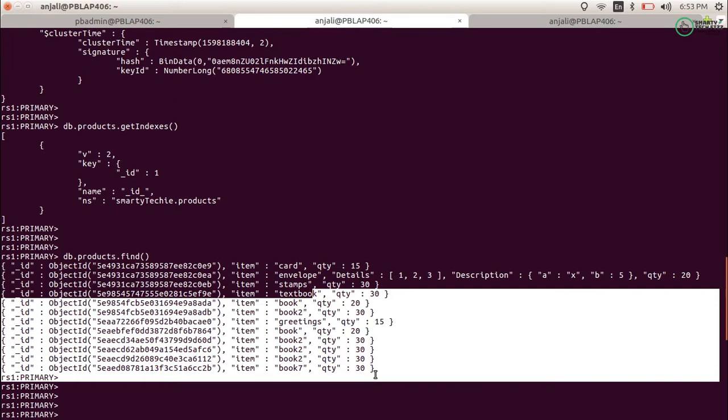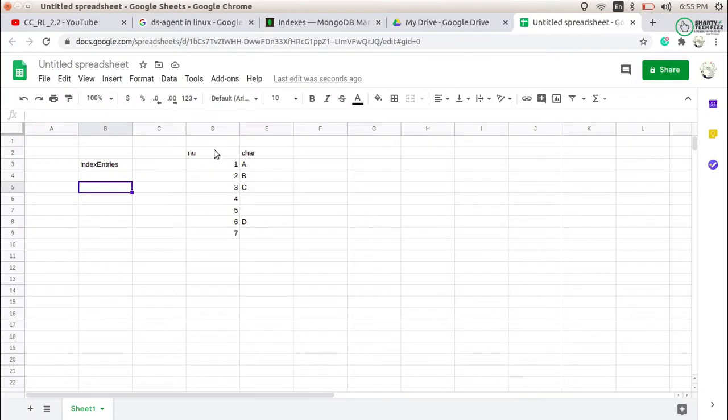So what actually happened? Let's say we have documents like num and char. We have the num entries as 1 2 3 4 5 6 7 and the char as a, b, c, and here is d. I want to create an index on the char value, and these are the index entries. For a we have a hash as 1 2.